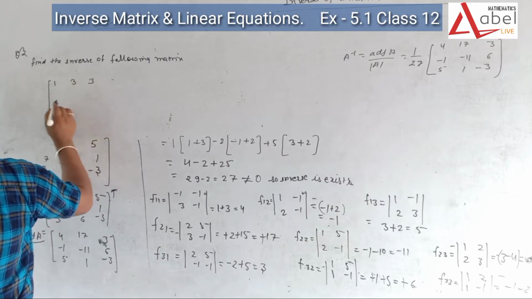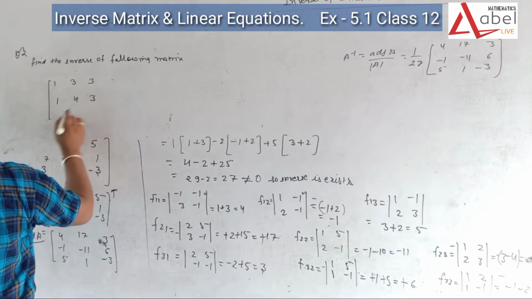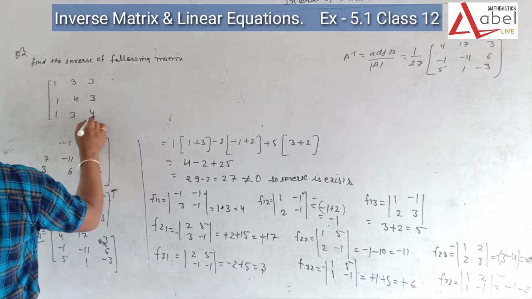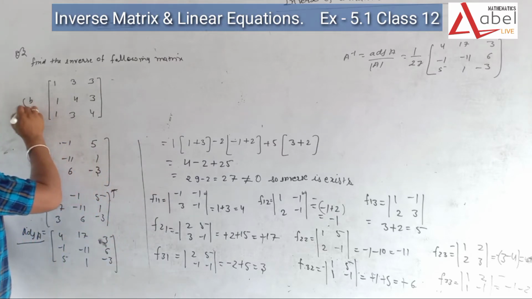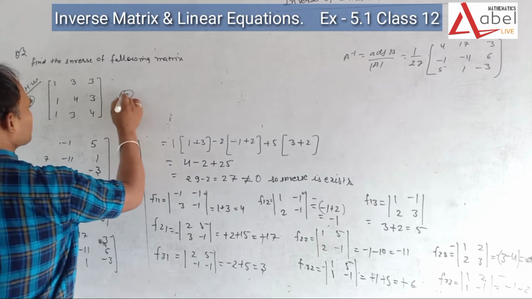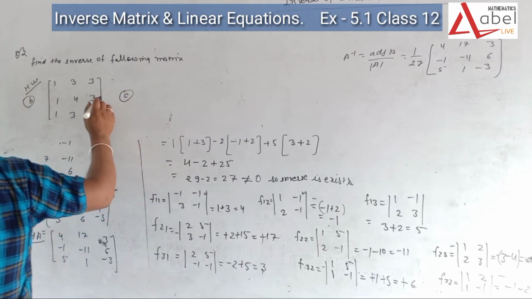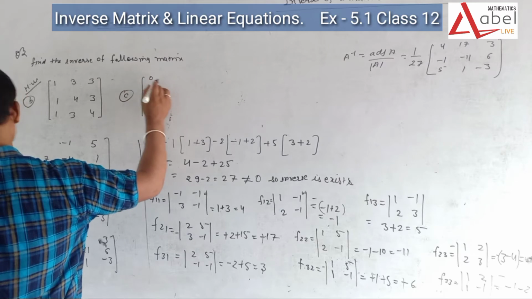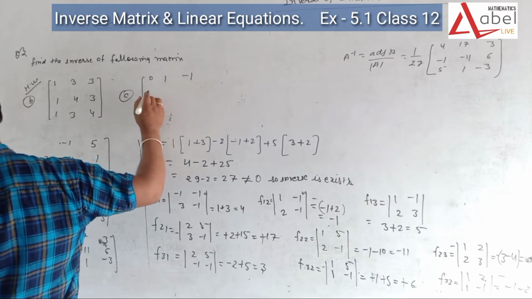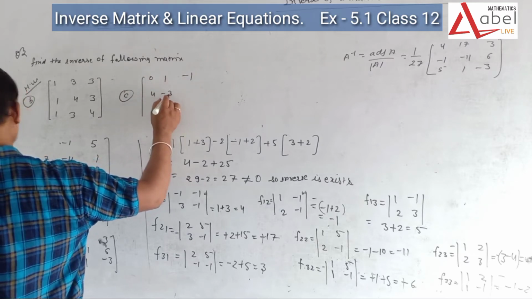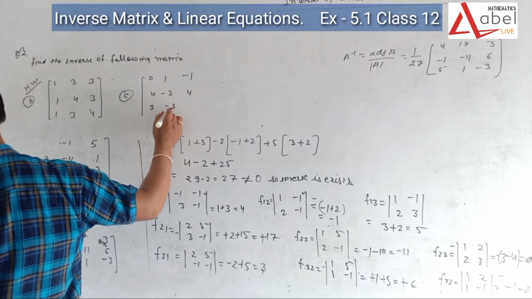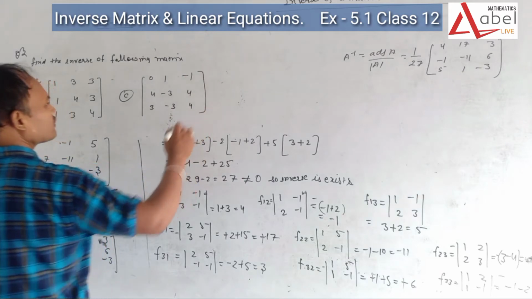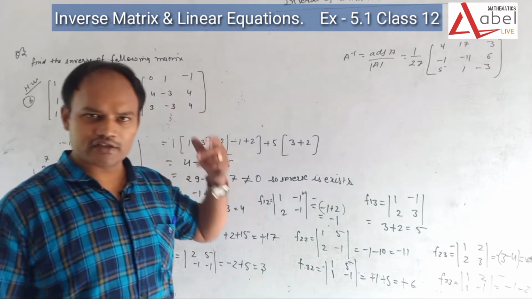Solve 133, 143, 134. It is the same, and there is no problem about the negative sign also. So it is a second part. This is your homework. You can solve it the same way. And C is also, what is C? It is 0, 1, 0, 1, minus 1, and 4, minus 3, 4, and it is 3, minus 3, 4. Okay, so whatever data is here, if 4 you can change also.